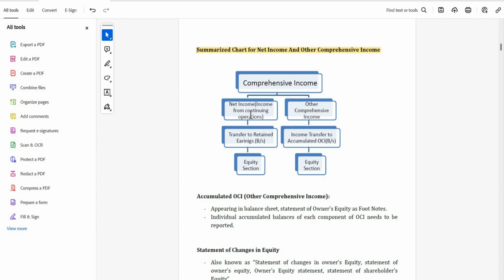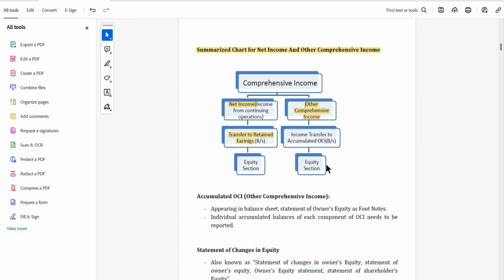Net income comes from continuing operation, that is net income from PL, and from PL we transfer it to the balance sheet as transfer to retained earning, and retained earning in the balance sheet is shown under the equity section. And for other comprehensive income, we transfer it to the balance sheet as income transferred to accumulated OCI,